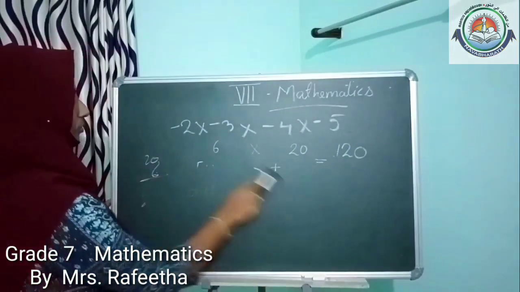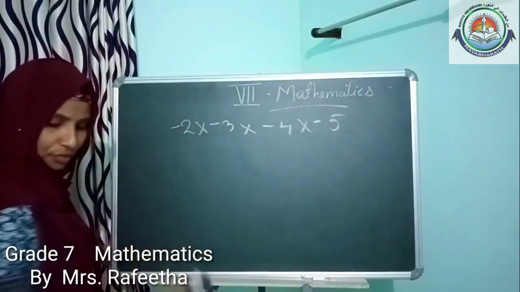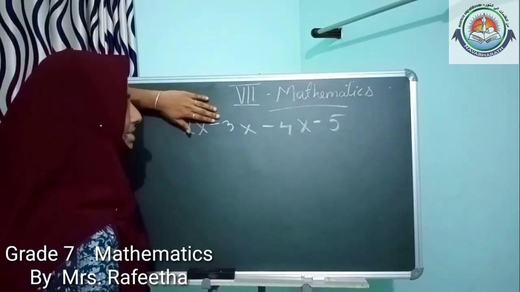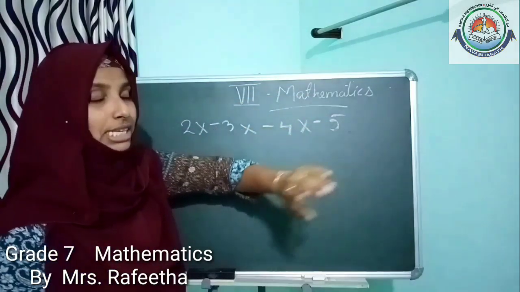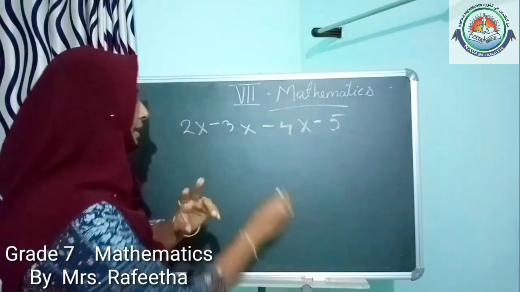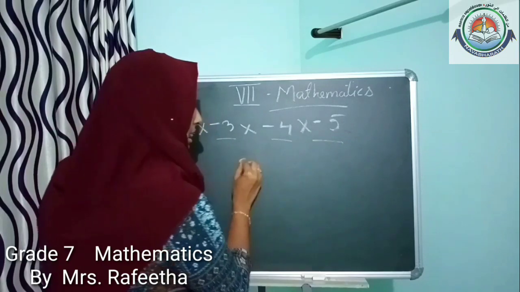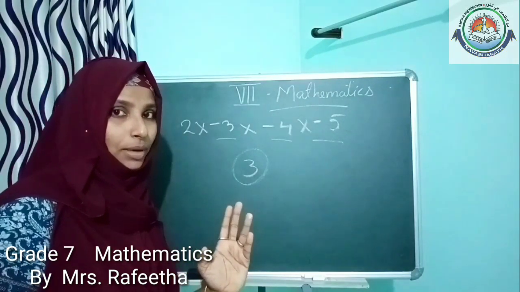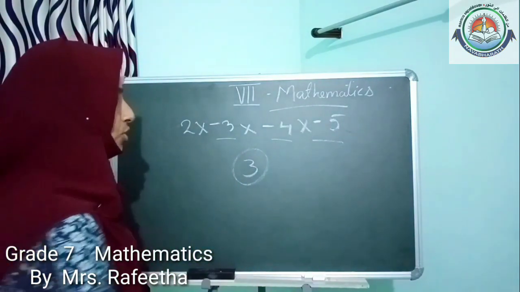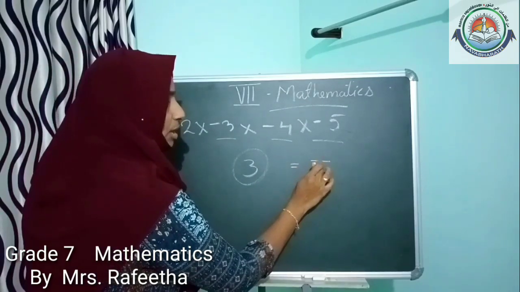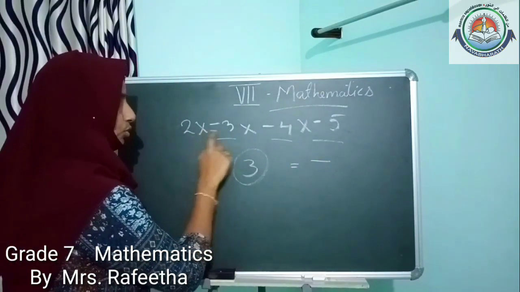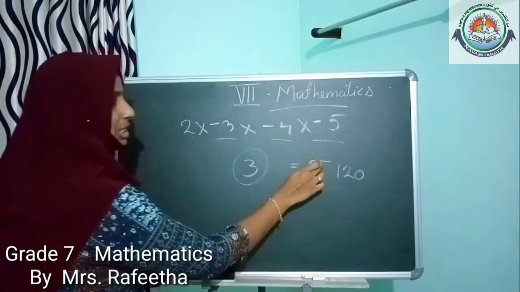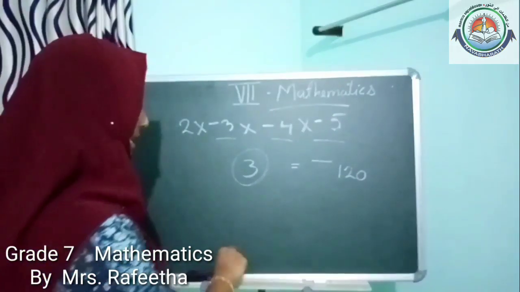Okay, so next. Now I think you understand the case where there is no minus here, that is 2 into minus 3 into minus 4 into minus 5. In this case, how many negative numbers are there here? That is 1, 2, 3. 3 negative numbers are there here. Since 3 is an odd number, the answer will be negative. So here what will be the answer? The sign will be negative. 2 3s are 6. Again, previously we multiplied, that is 120. So negative will be the sign of the answer.